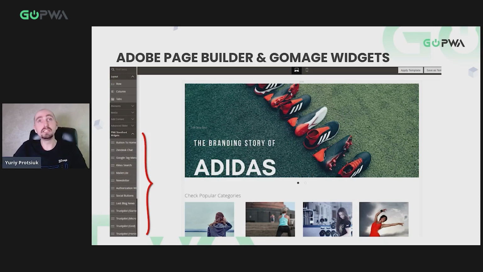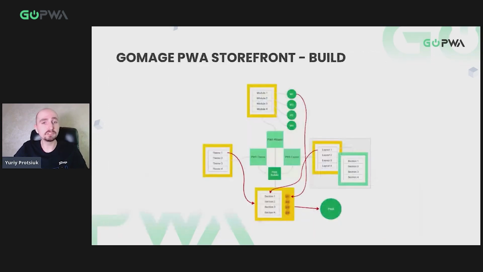We've gone through the process of creating a unique design with its layouts and sections. We have also applied content and features to these sections, and we saved the configurations and so on. And now comes the magic. All this information is passed to the PWA during the build process, and the PWA basically receives, let's call it, a map of the layouts, sections, and widgets within them, and thus the PWA renders them on the storefront. Everything is automated, and that's the beauty.